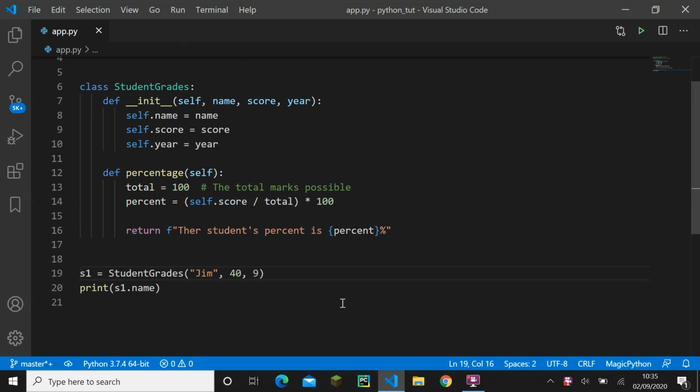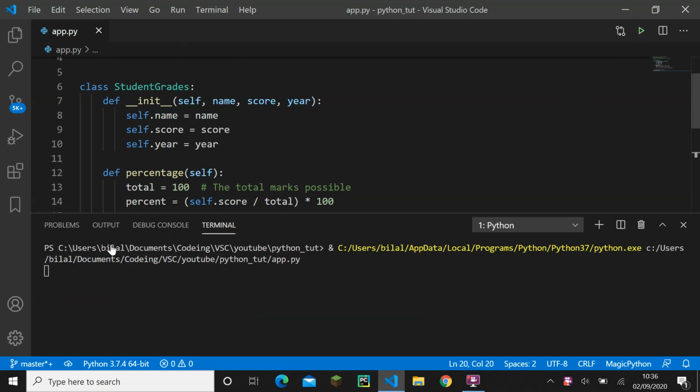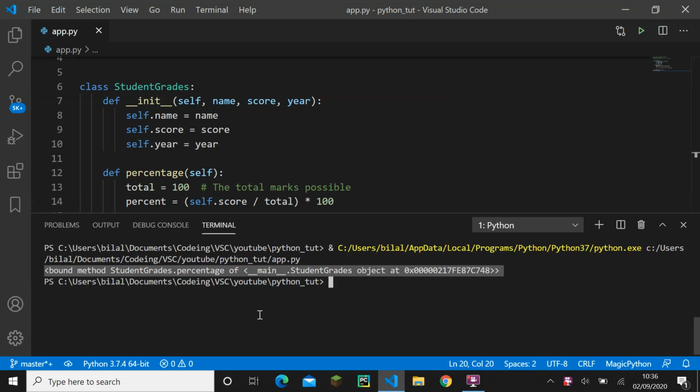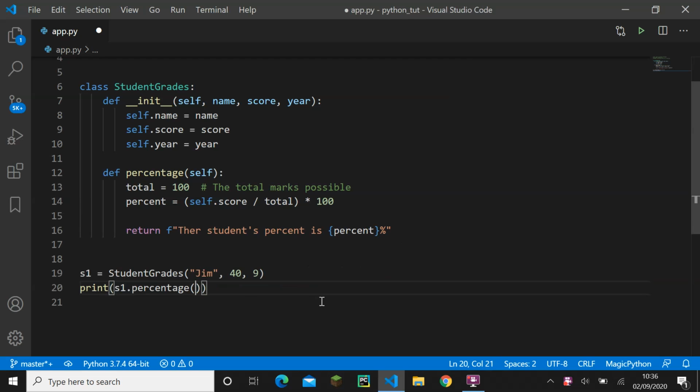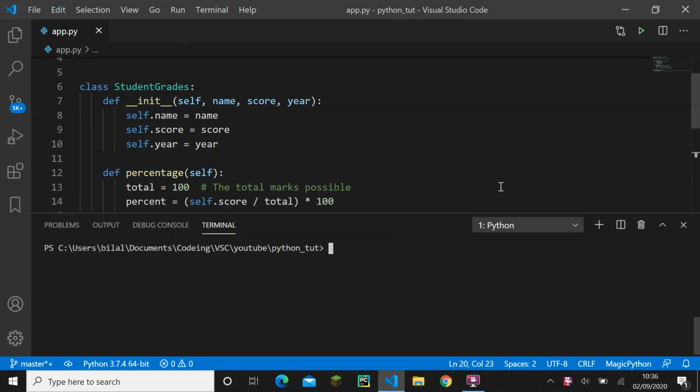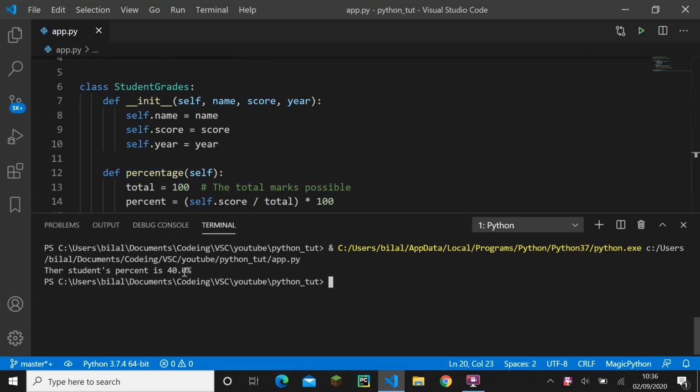So we've got gym, and gym has a mark out of 40. So let's try the method. When we're calling the method, we can't just simply write it like that, but it'll work, but it'll do this weird thing again where it gives us the location of the method. So remember, when we call functions, we need to give parameters. But you may be thinking, since we have a self parameter here, we need to give it a parameter here, but we don't need to because Python already handles it, so we don't need to give any self parameters inside of percentage. So let's try this, and we get the student percent is 40%,